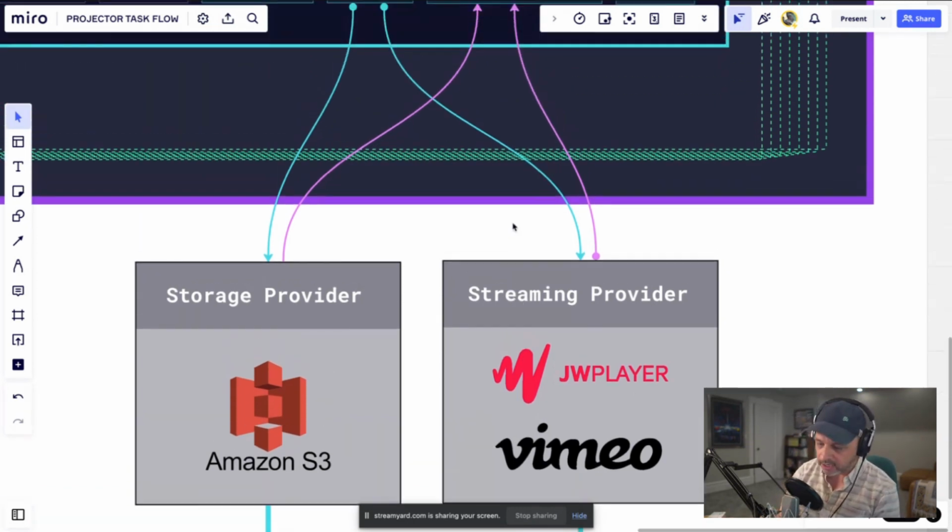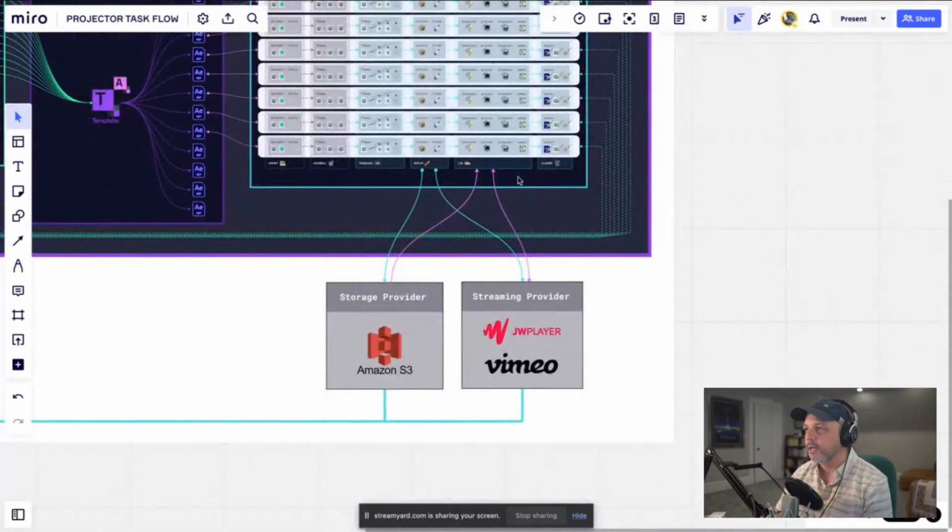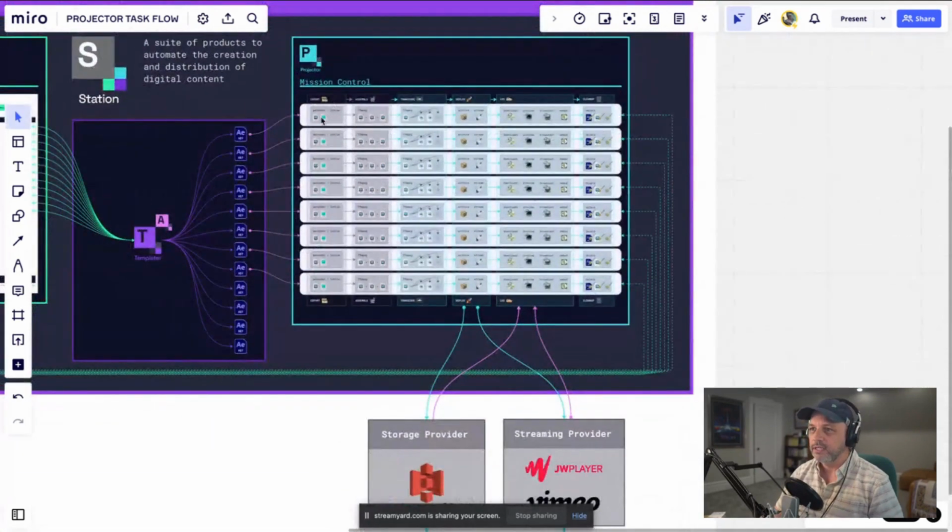Now, I'm going to back up a little bit again and show you that each one of these missions can happen in parallel, so that you can speed up rendering, you can speed up deployment, because Projector is basically going to be utilizing more than one thread to get content rendered and deployed.